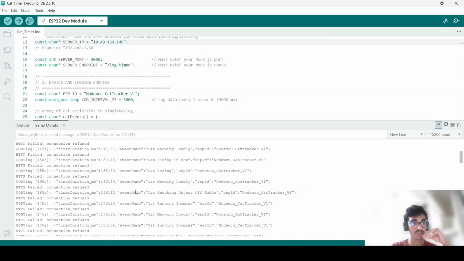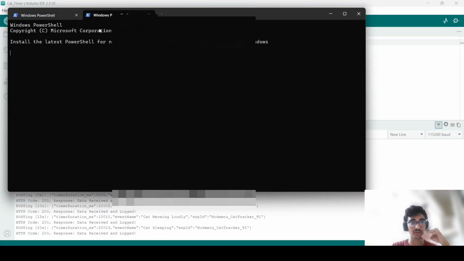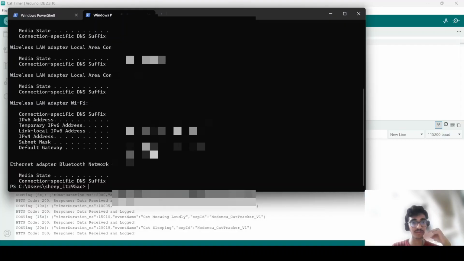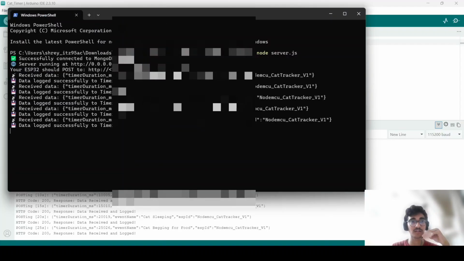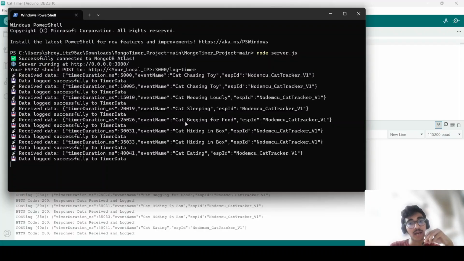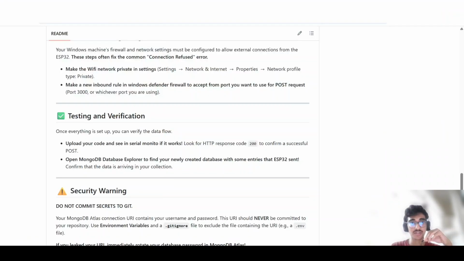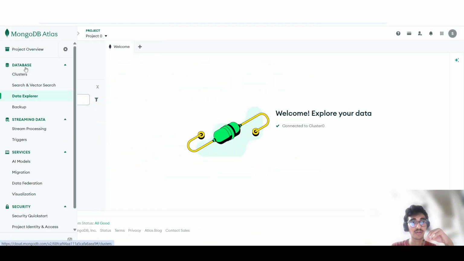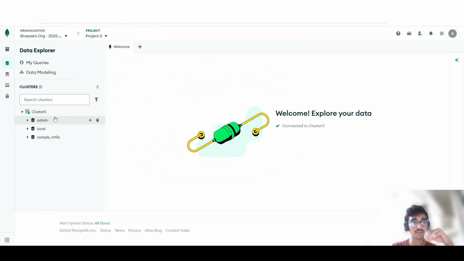So earlier what was happening is posting was failing because I did not do the right thing. So if you do ipconfig, this is your IP address, not the one down below, as I was saying before. So it's logging this data now, I'm obviously sending random data here, but when you go to MongoDB, so under database, go to Data Explorer and connect. This will show a connect icon here. So when you connect here,